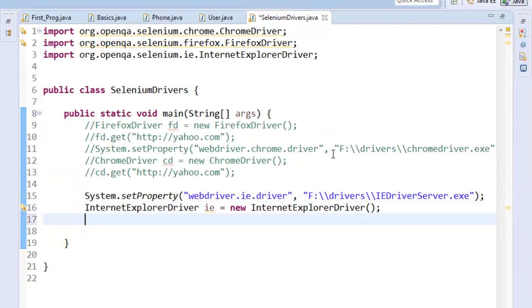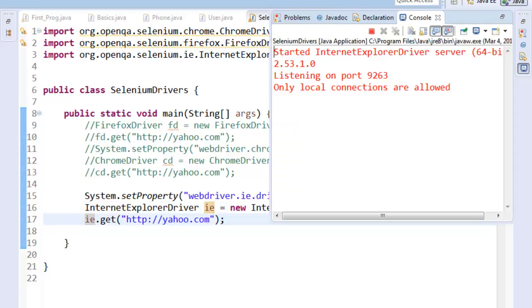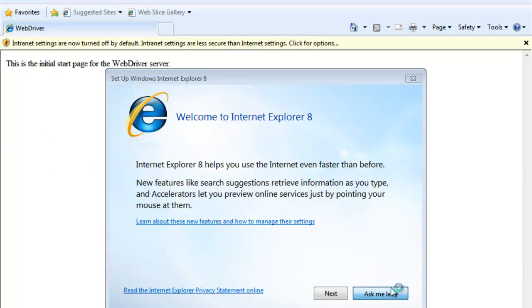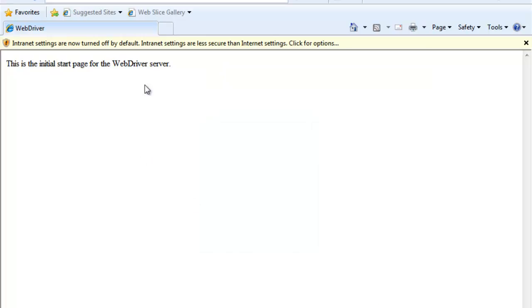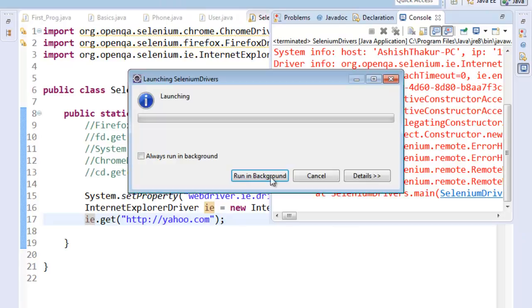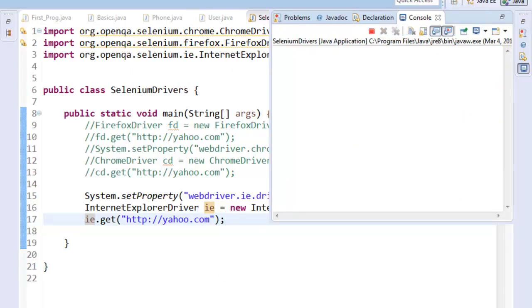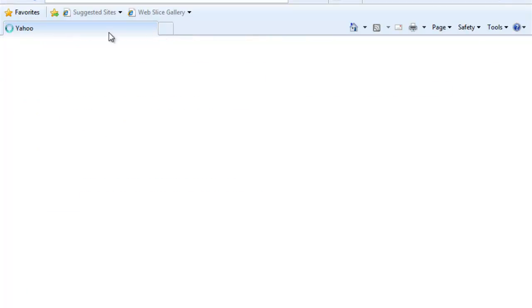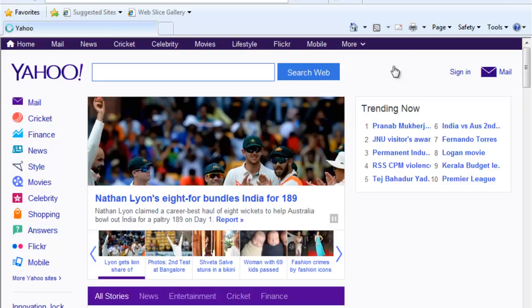Right, and I can write over here ie driver reference takes me to Yahoo. So when I run this code, it will open up IE 8. It will take me to Yahoo, and I got some error. Hold on, let me run it again. Hold on. Yeah, see that Yahoo opens in IE. Right, now